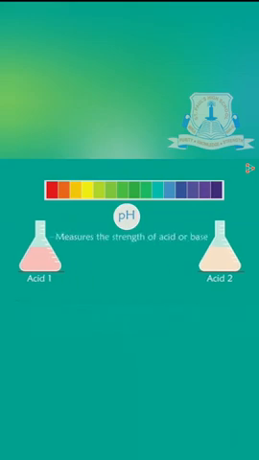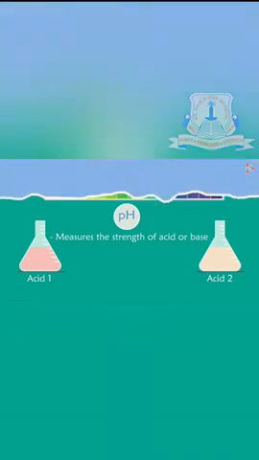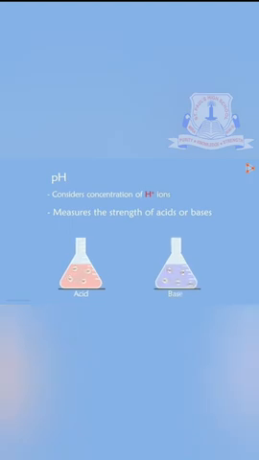For example, if we are taking an acid, we know that H ions are present in it. So the measure of the H ions present in it will give us the pH value. For the base also, we know OH ions are present in it, but along with the OH ions, H ions are also present in a base also. That we should know. So, the concentration of the H ions present in a base gives us the pH of the base. The pH scale ranges from 0 to 14.